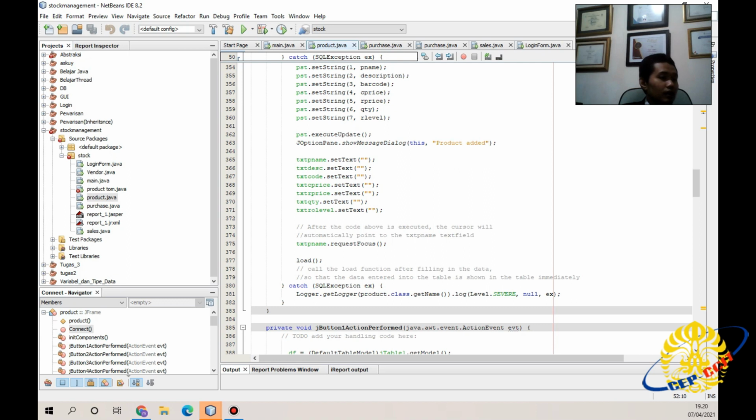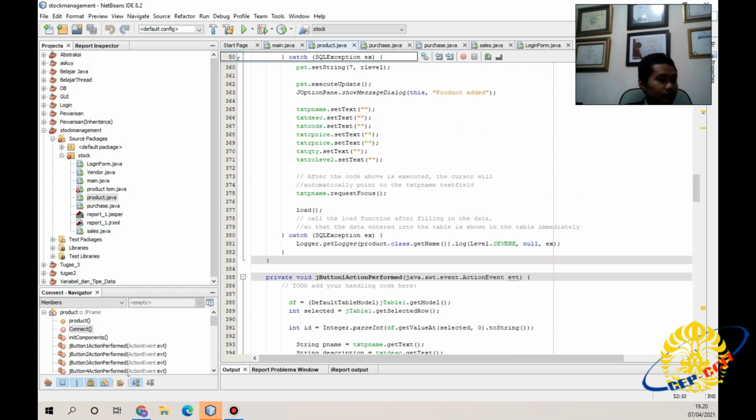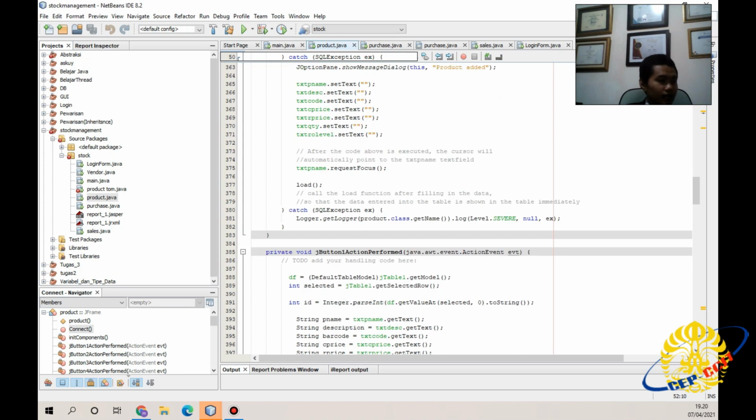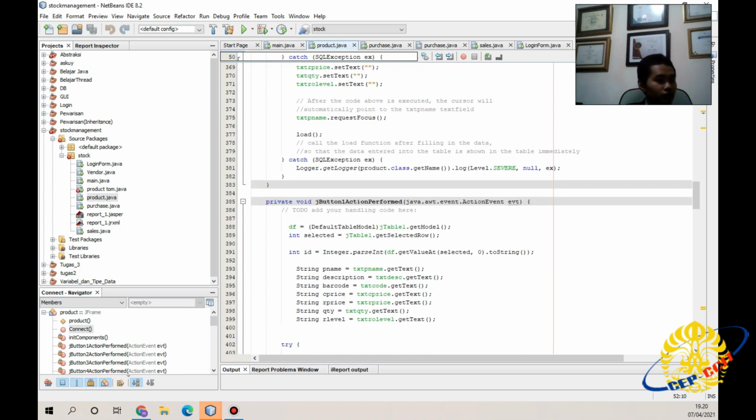If successful, the program will display product added. This is the setText part: txtpname.setText, txtdes.setText, txtcode.setText, txtcprice.setText, txtrprice.setText, txtquantity.setText, txtrolllevel.setText, and txtpname.requestFocus. After the code above is executed, the cursor will automatically point to the txtpname text field.